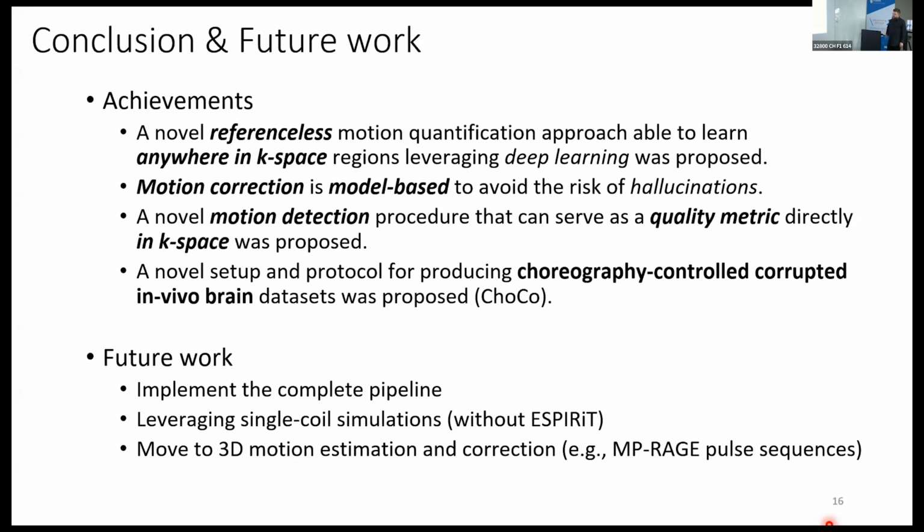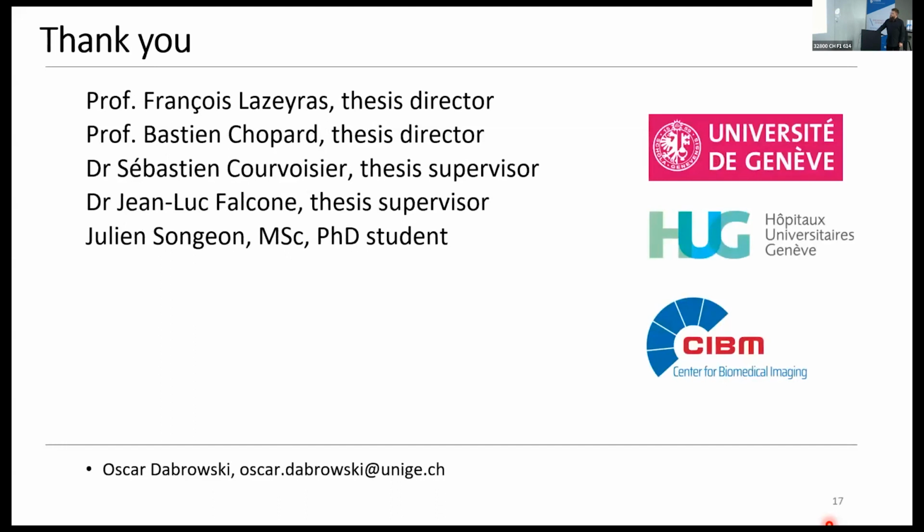We think that this project has great potential, if it comes to an implementation, to reduce the scan times, so that we can avoid rescanning due to motion corruption. Ideally we can correct the motion and avoid rescanning and losing time, and therefore improve the costs and so on.